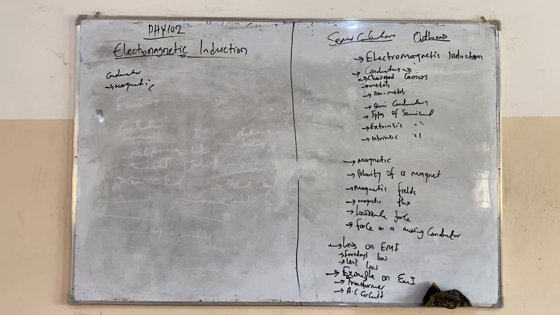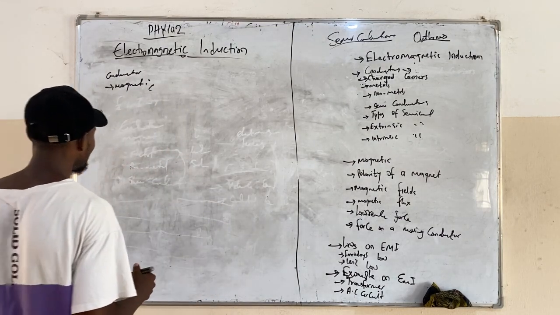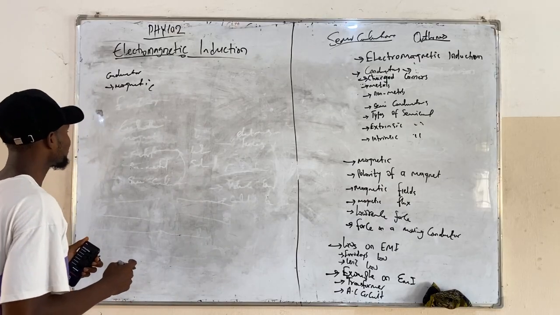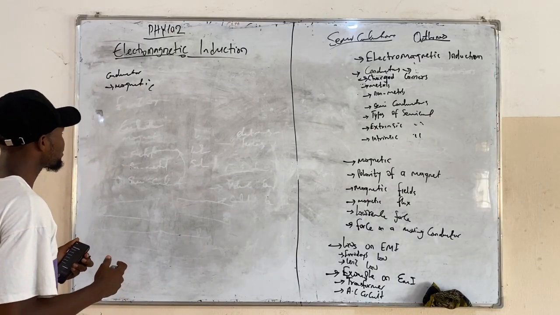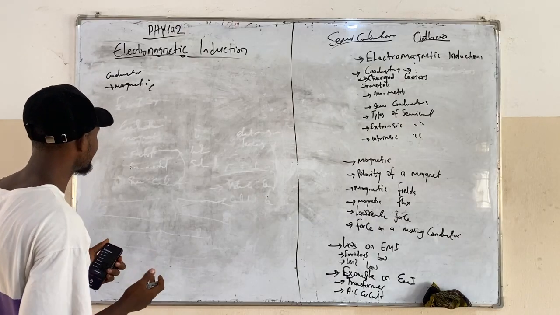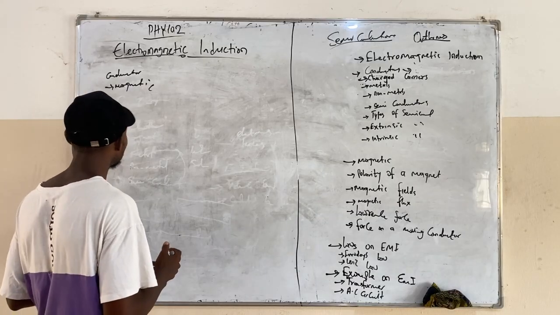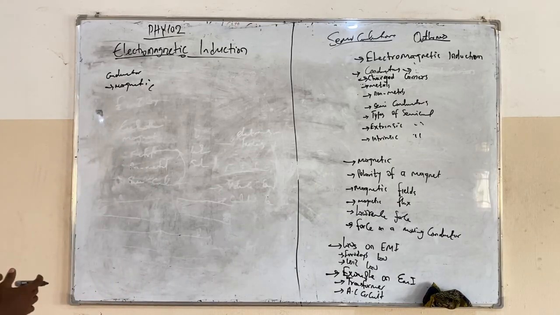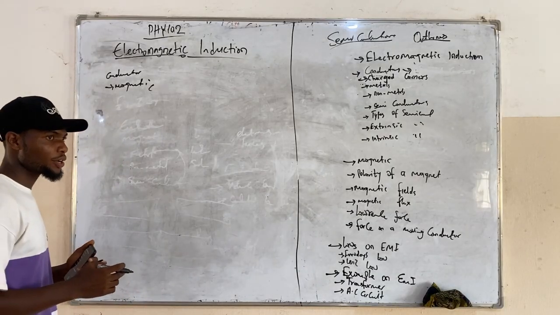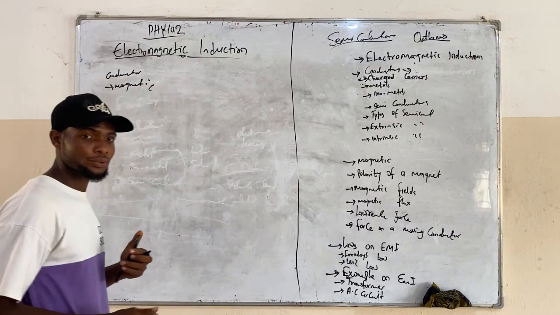So what's a conductor? As we all know from normal basic background, a conductor is a material that allows mobile electrons to pass through it. Now we'll be talking about charge carriers. So what are the charge carriers of a conductor? Basically, there are two charge carriers of the conductor, which are